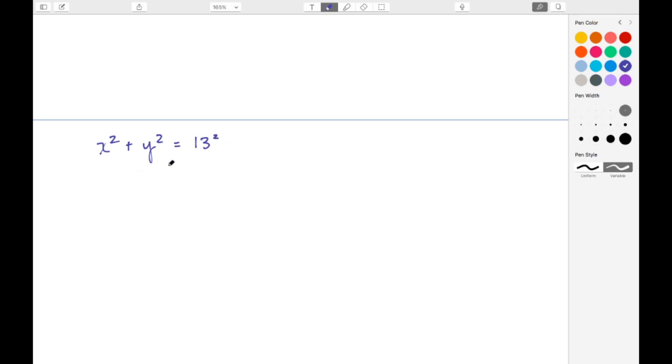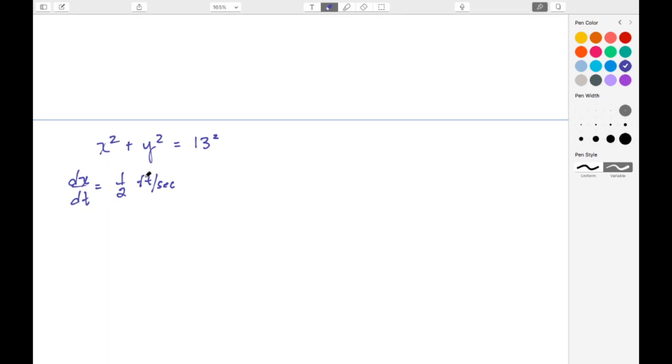Well, this here is the equation for the Pythagorean theorem. If we want to try to find the lengths of sides, it's also the same equation for a circle. In this case, it's a circle centered at the origin with a radius of 13. Also, from the problem above, we saw that dx/dt was a half a foot per second. And notice that this half a foot per second is a constant, so the bottom of that ladder is moving along at a constant rate.